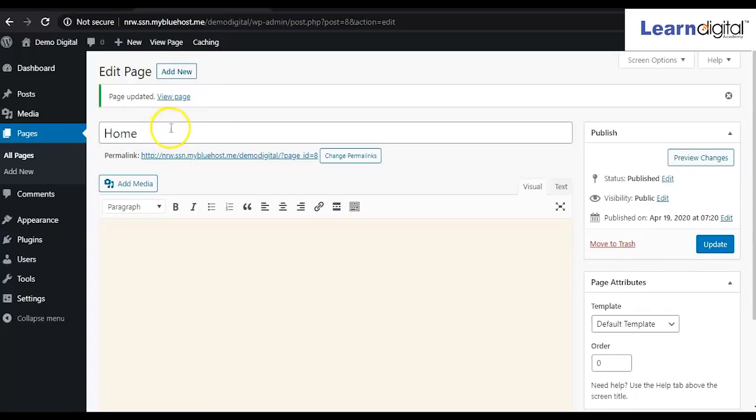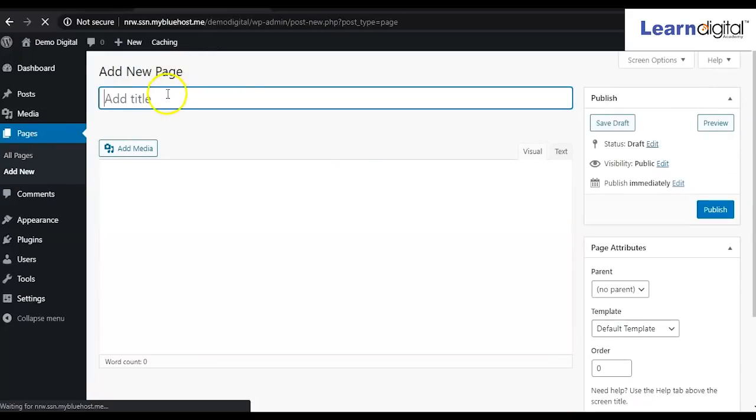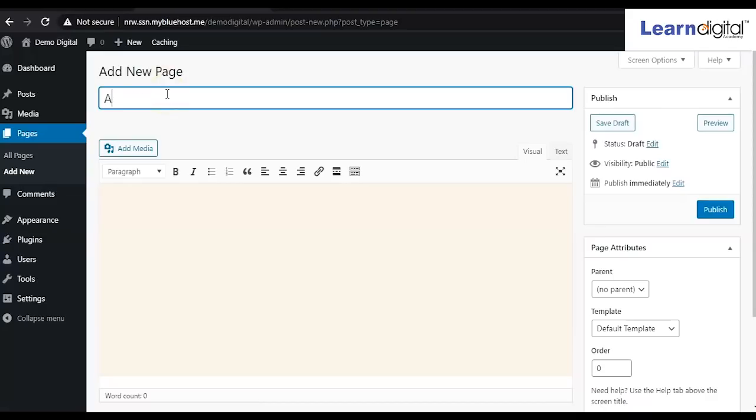Now we want to add more pages. So simply from the top we can click on add new. Otherwise on the left side this option is coming, we are able to see this option, right? So just click on add new. Now we'll be creating the about us page.